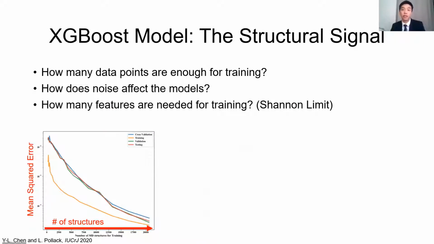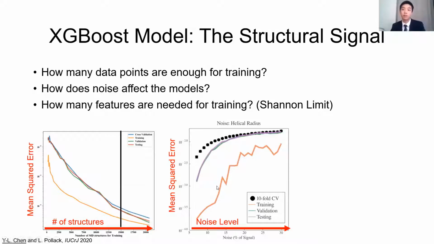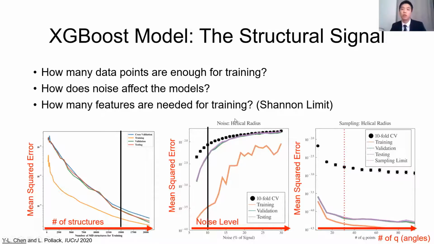After seeing the success of the machine learning model, there are three critical questions we are especially interested in. First, how many structures do we need to train a good model? The answer depends on the model accuracy, but generally about 15,000 is a good number. Second, how does noise in the training data affect the model? Here we see that for less than 10% noise in the training data, the trained model will still be acceptable. And lastly,